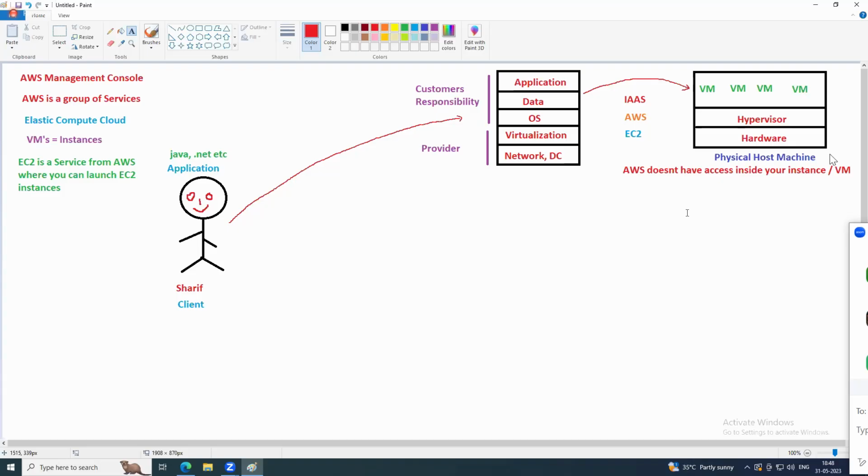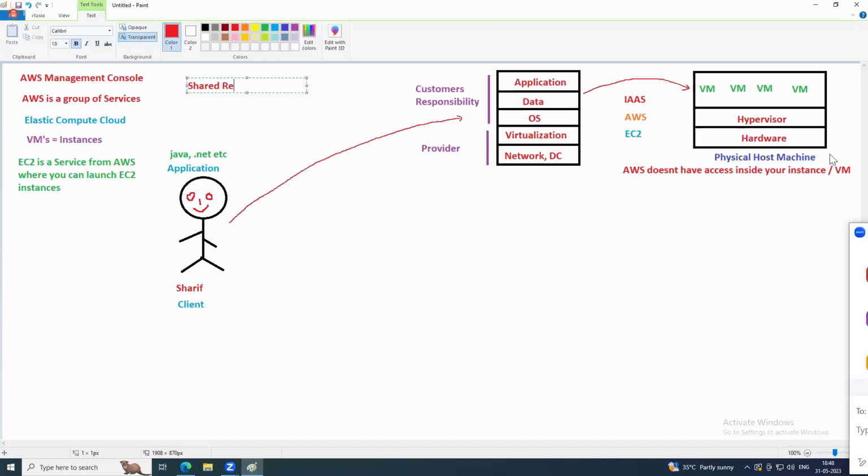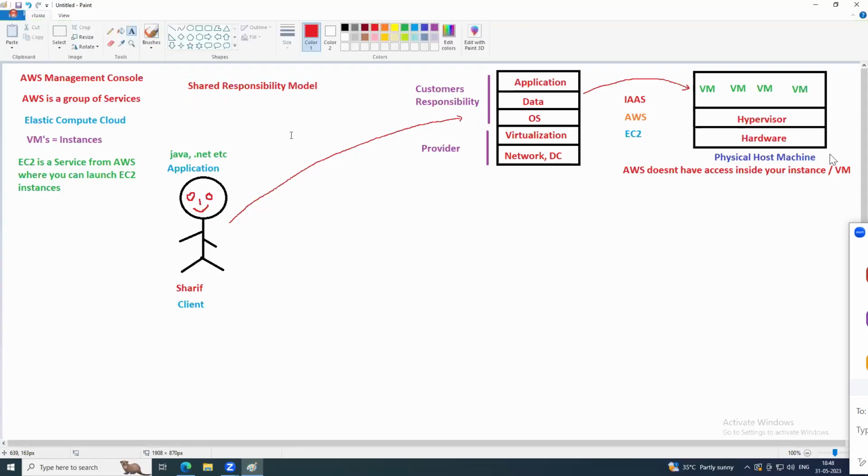Okay, so now you have this confusion. For this reason, AWS came up with something called the shared responsibility model. What is that? Shared responsibility model. This shared responsibility model means AWS will be clearly telling you that, I am